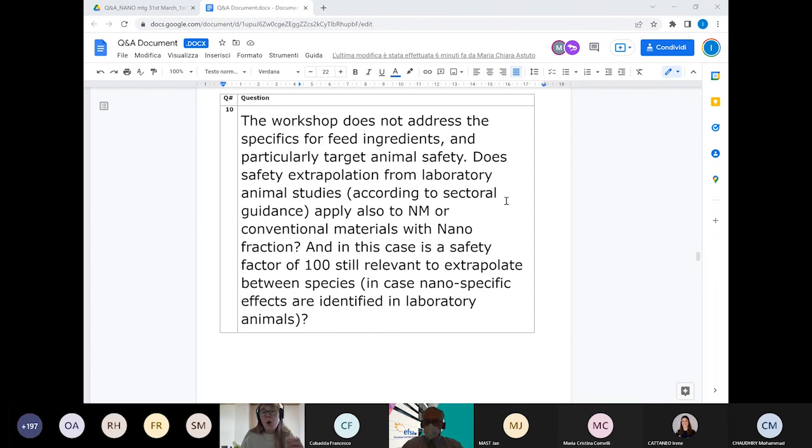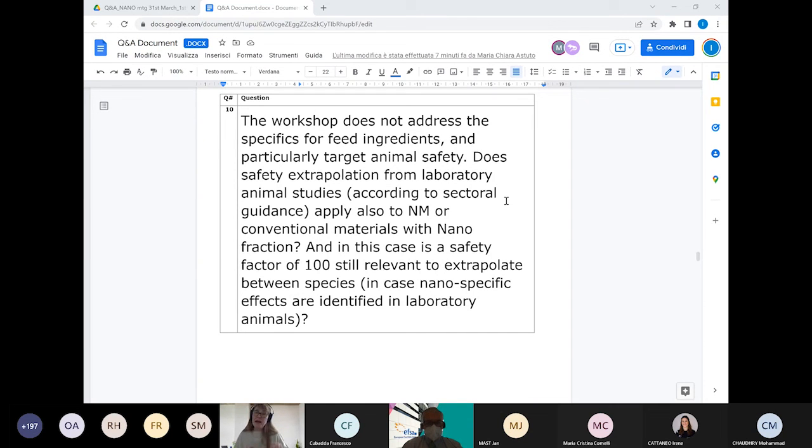Or is this animal safety about the laboratory animals which are used in the in vivo study? But second part, does safety extrapolation from laboratory animal studies apply also to nanomaterials? Yes,